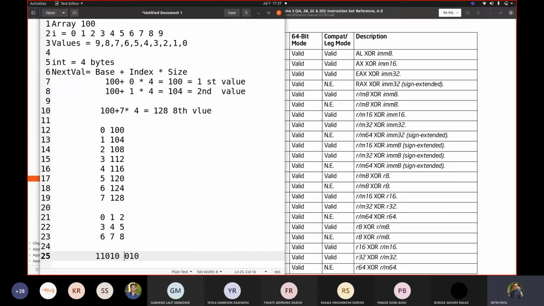EAX is 0, ECX is 1, and EDX is 2. Now if I compute this number, this is 2, correct? And this is 8 plus 4, 12, 12 plus 1, 13. So C is 12, D is 13, so that's why this is D2.